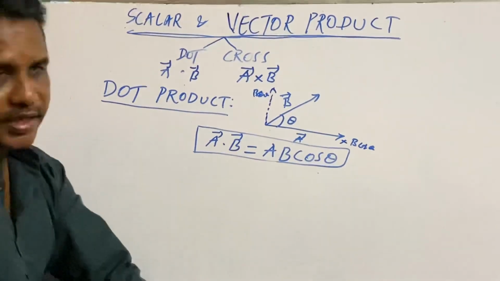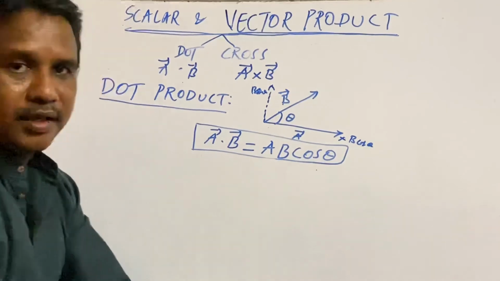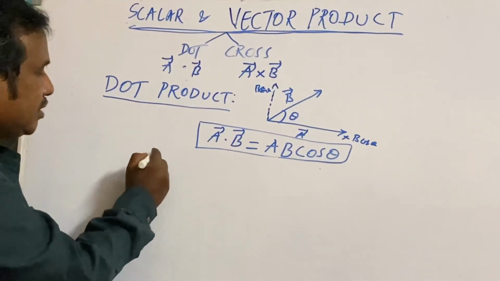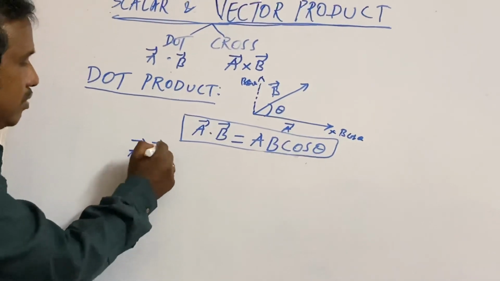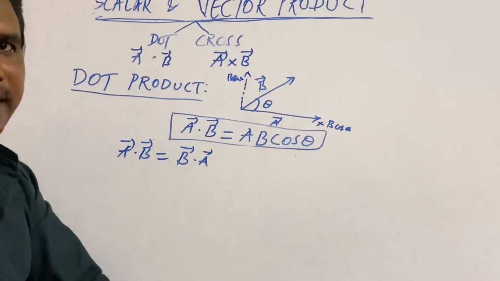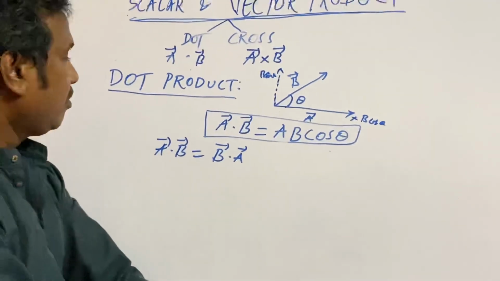So, what are the applications? Always A dot B is equal to B dot A. A dot B equal to B dot A. It obeys the commutative